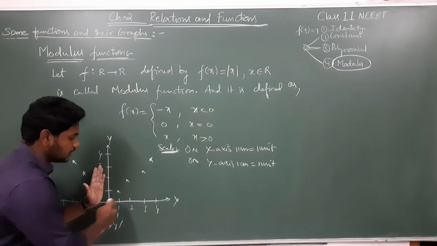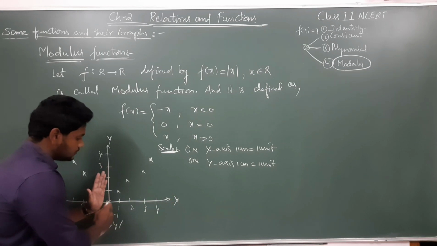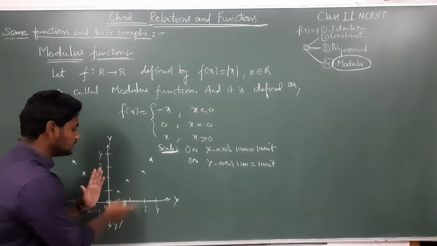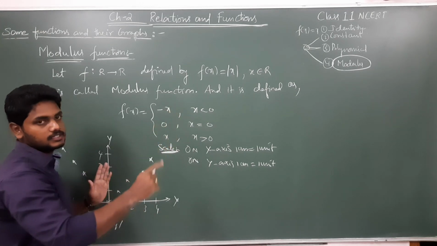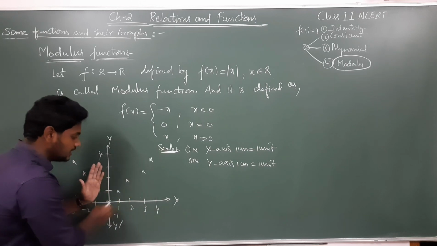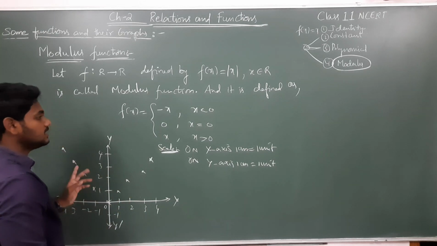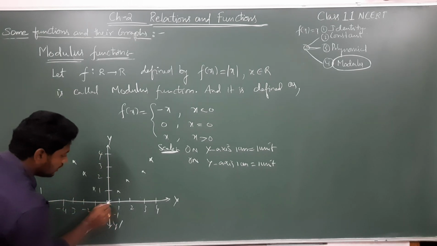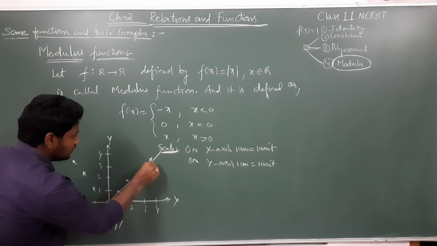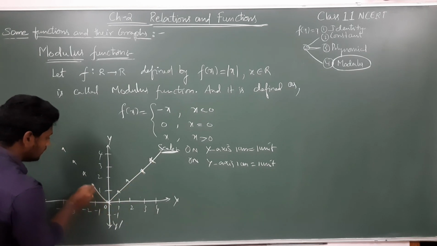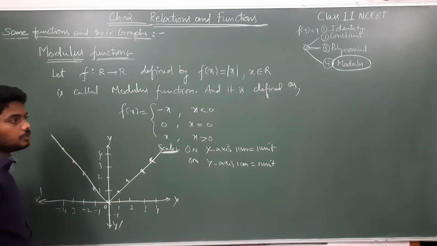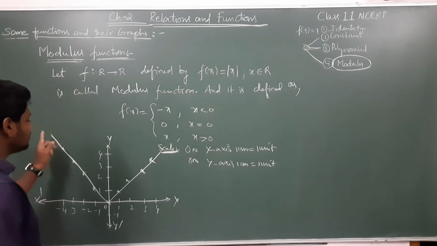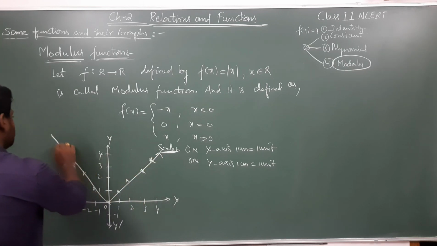If you observe from 0 to positive numbers, it will be like a constant function. Did you observe? 1 means 1, 2 means 2, 3 means 3, 4 means 4. So the line will be like this. But totally, if we consider it, this will become the modulus function, because it always gives a positive value. If you join this, you will get a V shape. A polynomial function gives a parabolic shape, but this modulus function will give a V shape, right?